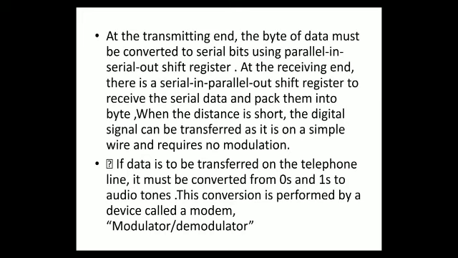There is another way. Okay, when you look into telephonic communication, how does it happen on telephones? As you know, the output of a telephone is an audio tone. Whatever we receive is audio tones. Then how do we do this? If data is to be transmitted on the telephone line, it must be converted from zeros and ones to audio tones. Okay, and this conversion is performed by a device called a modem. I think everybody has heard this name, modem. So what is the job of a modem? It is to convert the digital data to audible tones.